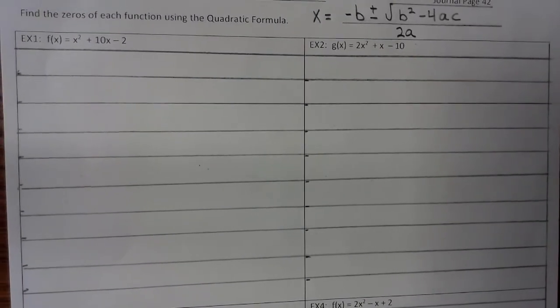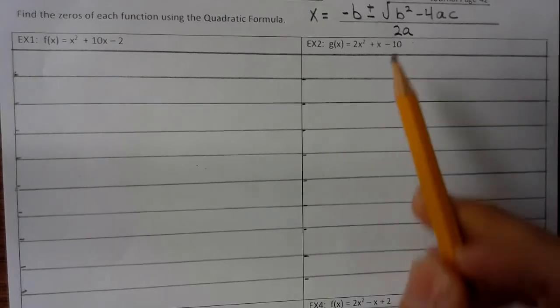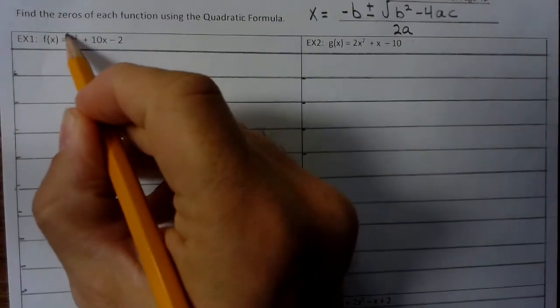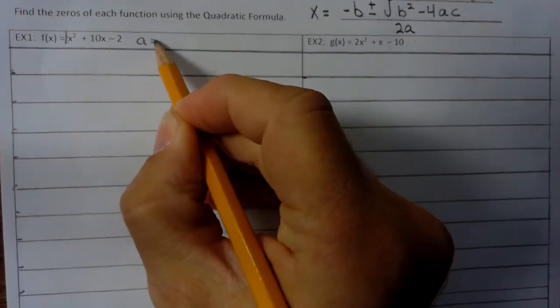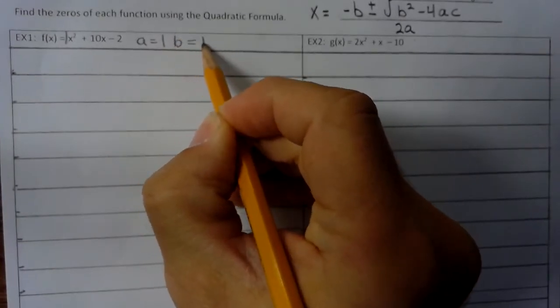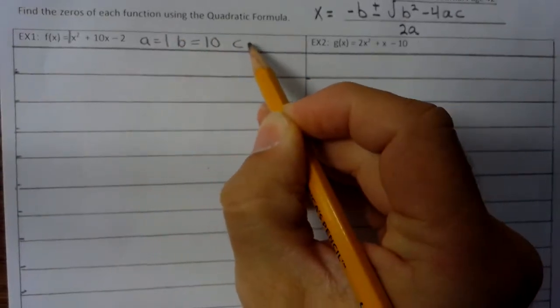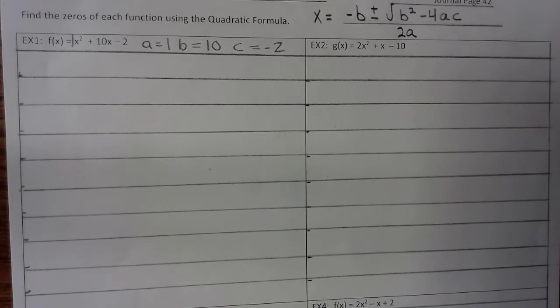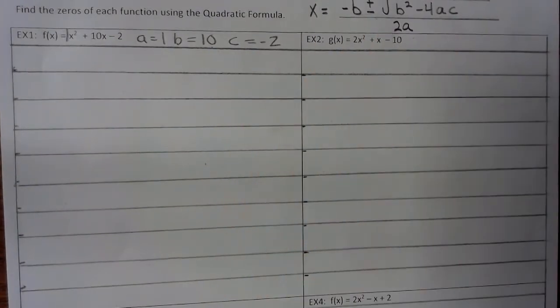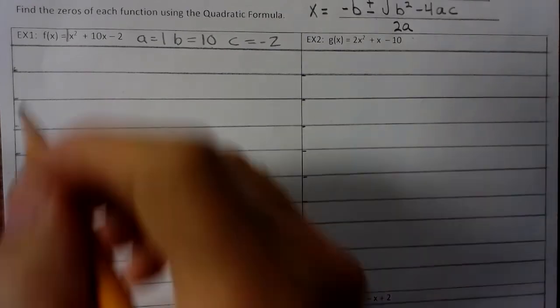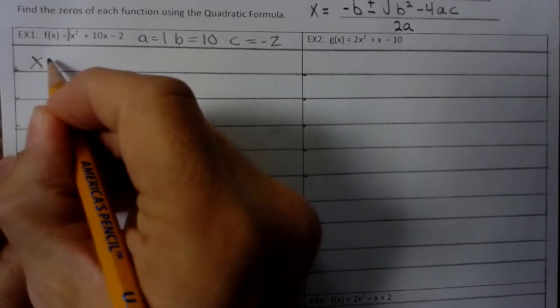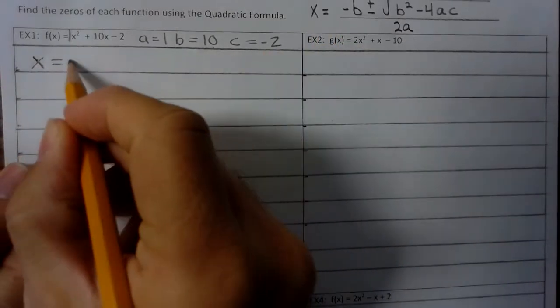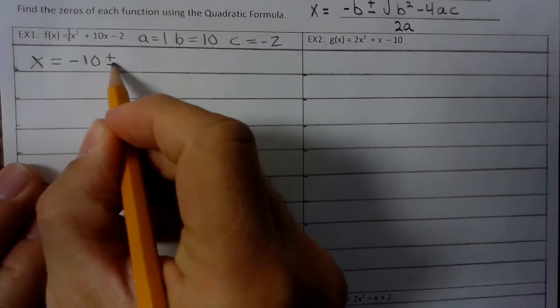All right, example 1. f of x equals x squared plus 10x minus 2. First thing we're going to do is define what a, b, and c are. So that's 1, that's your a. So a equals 1, b equals 10, and c equals negative 2. Okay, now we're going to substitute those values into the quadratic formula. So x equals, now that's negative b, so negative 10 plus or minus,